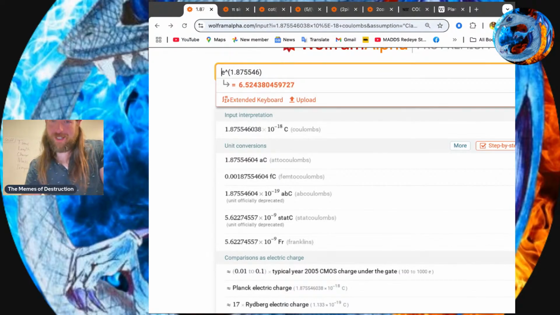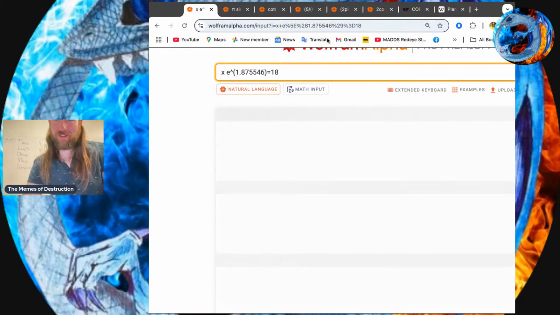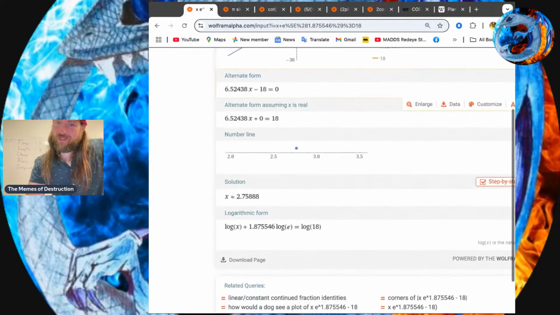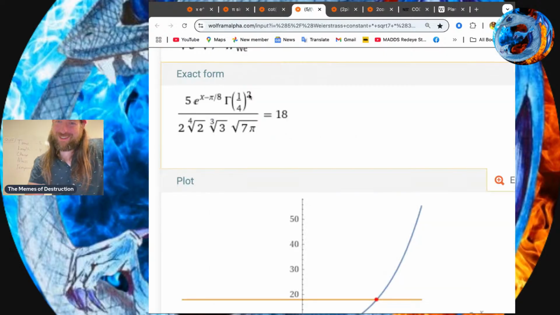E raised to that, solving for x. That was of magnitude 18, negative 18 coulombs. Okay, because it's the exact same number. All right, so long story short,